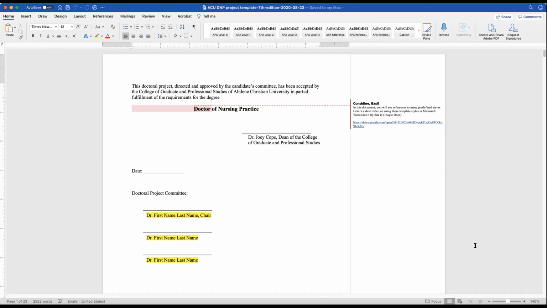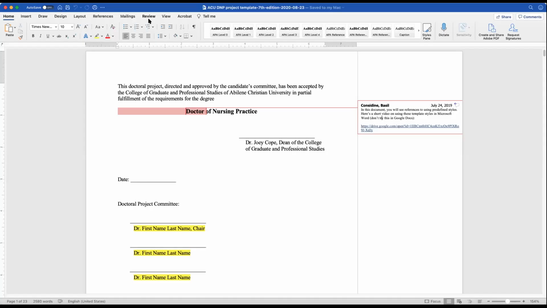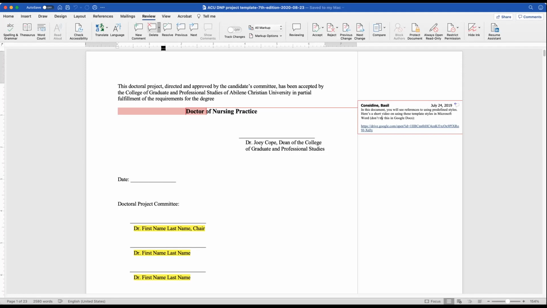So notice that it comes with a variety of comments here. One of the things to keep in mind is that if you've used a template before and you just want to get a clean copy, there's a quick way to do that. Go to Review. This is on the ribbon here: Home, Insert, etc. Review. Go to Review, and if you select Delete all comments in document, then you end up with a clean copy very quickly,